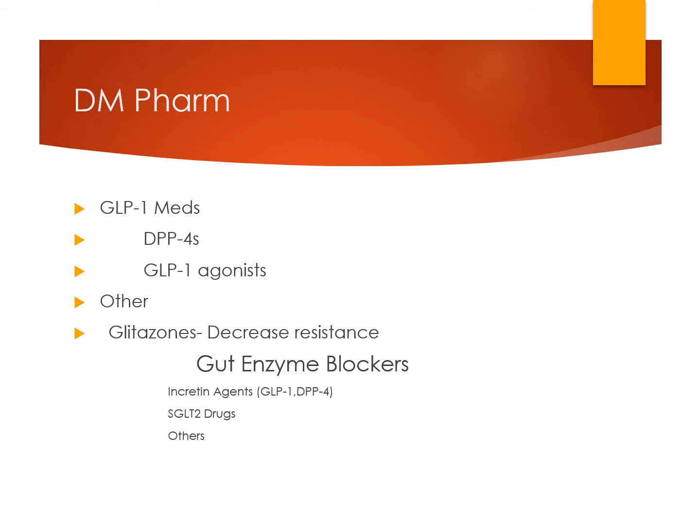So again, if you've got somebody that cost is a major factor, these are definitely something that you're going to think about using. Now, what blocks the enzymes in your gut? The acarbose or AGI inhibitors will block the enzymes. The other medicines that will have an impact, the SGLT2 drugs, really don't block the enzymes, but they will block an enzyme in the kidney that is used for reabsorbing sugar. And so basically, instead of the sugar being reabsorbed, it's just peed out. So the net effect is